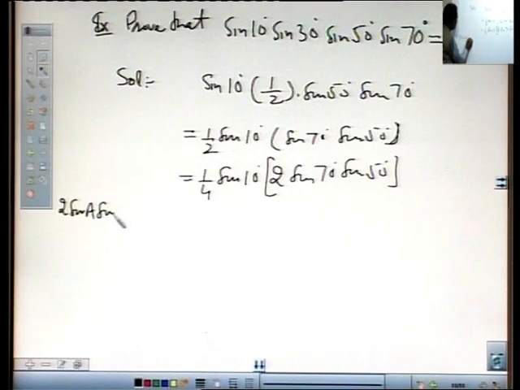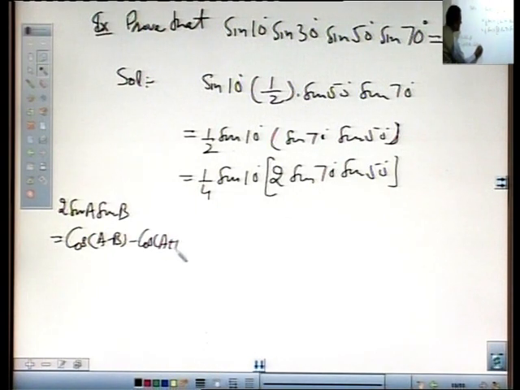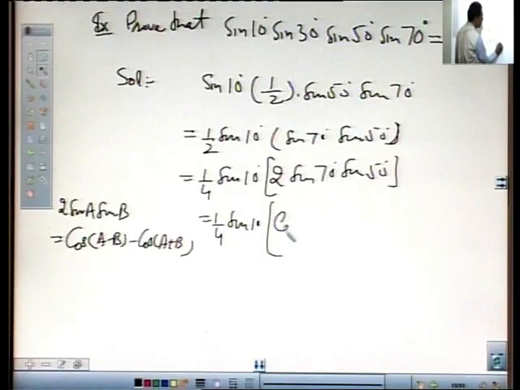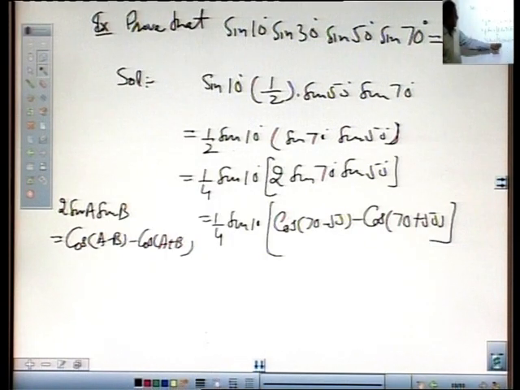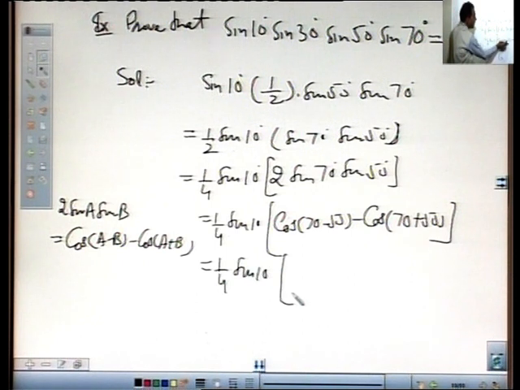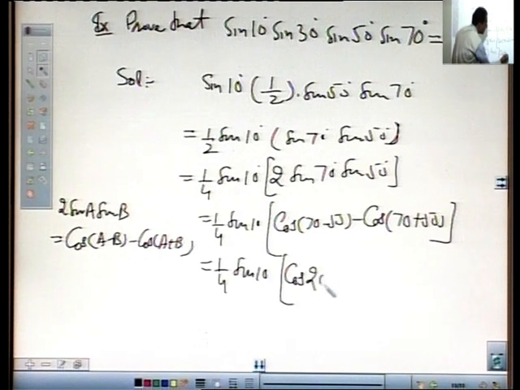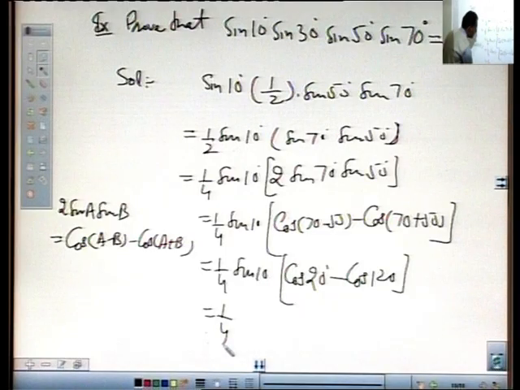2 sin A sin B equals cos A minus B minus cos A plus B, and this equals 1 over 4 sin 10. 2 sin A sin B is cos 70 minus 50 minus cos 70 plus 50, and this equals 1 over 4 sin 10 into cos 70 minus 50, which is cos 20, minus cos 70 plus 50, which is cos 120